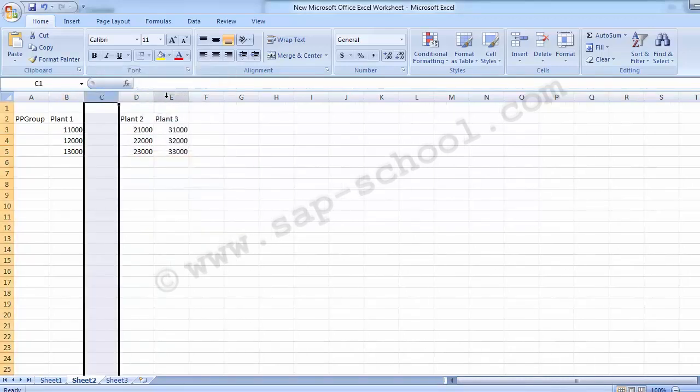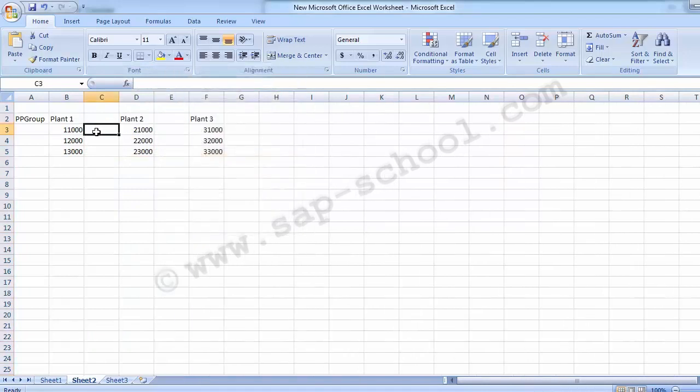Now these profit center codes can be assigned their different names. For example, the first one, suppose I take it as soap. Another one can be given as shampoo. Another one can be given as an oil category. And over here on the second part, it can be taken as biscuits. The next can be taken up as chips, or maybe snacks, and the third one can be taken as